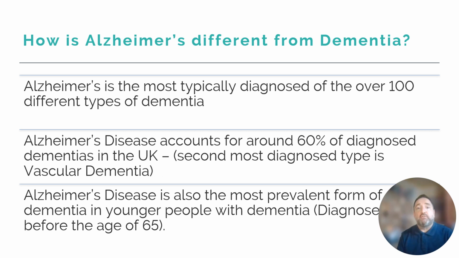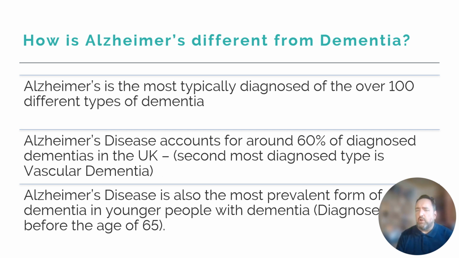So how is Alzheimer's different from dementia? Again, remember, dementia is the umbrella term. Alzheimer's is the most typically diagnosed of the over 100 different types of dementia. Alzheimer's disease accounts for around 60% of diagnosed dementias in the UK. The second most diagnosed type is vascular dementia, and that's where there are incidents relating to blood flow, usually to the brain,